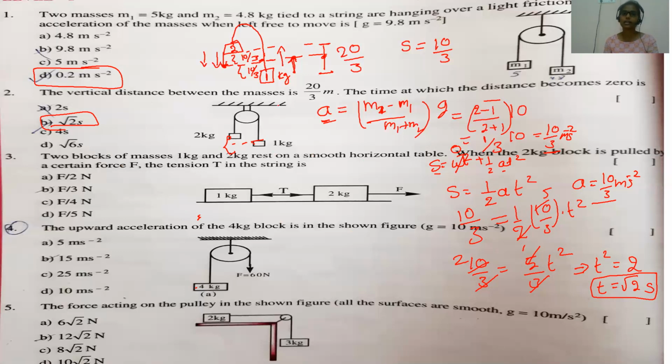And noting the distance also, they give a vertical distance between two blocks where they're going to meet at the time t equals 0, and half of the distance they're going. That means how much time this block will take to go and come up. Same time it will come up at the same distance. So it will cover 10 by 3, it will also cover 10 by 3, so totally will be 0. Okay, children, I hope this problem is clear to you.